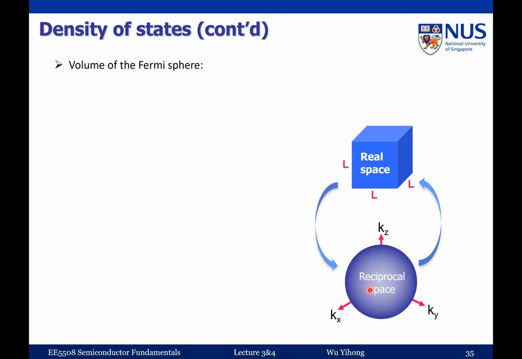Okay, and then how do we find out the size of the Fermi sphere? We can do a very simple calculation. The volume of the Fermi sphere is basically given by this one. And kF is called the Fermi wave vector. This means that it's the radius of the Fermi sphere. And then the volume is basically given by this one, right? And this is related to energy. kF is related to the energy of the Fermi surface, called EF, in this relationship, because E equals h squared k squared divided by 2m, right? Okay, so now,